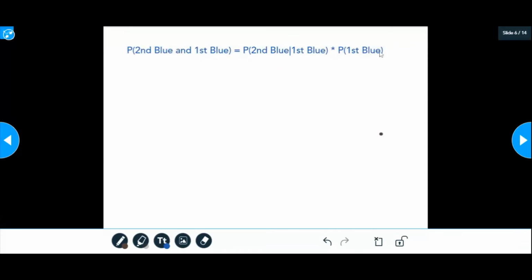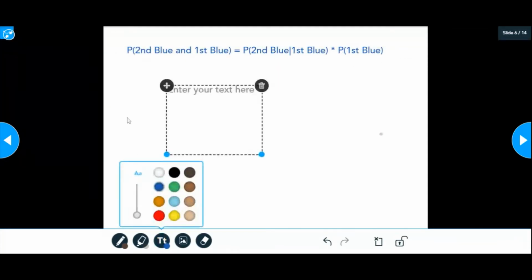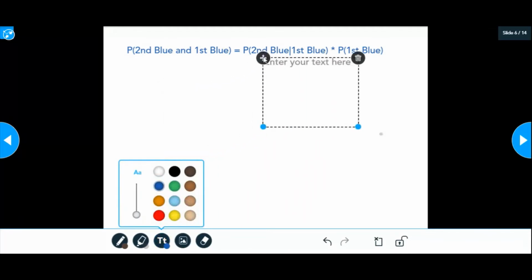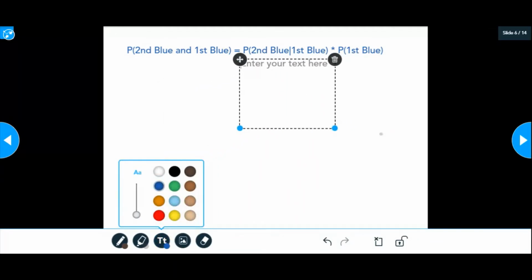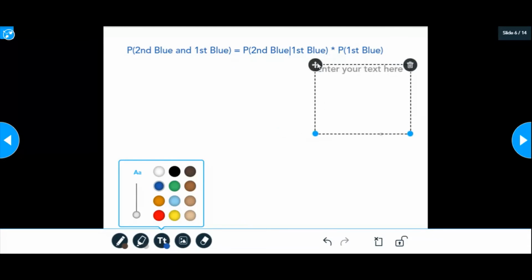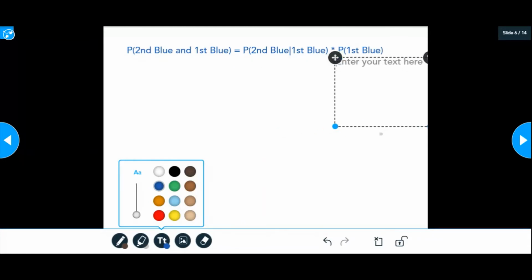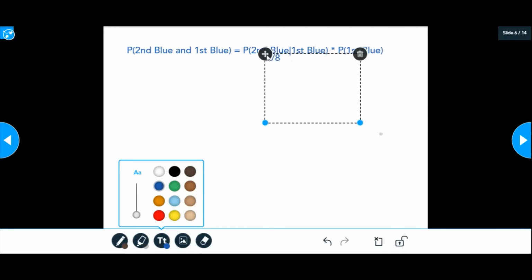So the easiest one to calculate is this first probability, that the first one is blue. If I want to calculate the probability the first one is blue, that's going to be 2 crayons out of 8 crayons total. So it's 2 out of 8. Okay, actually, let me do it this way. So that is going to get multiplied by the probability that the second one is blue given that the first